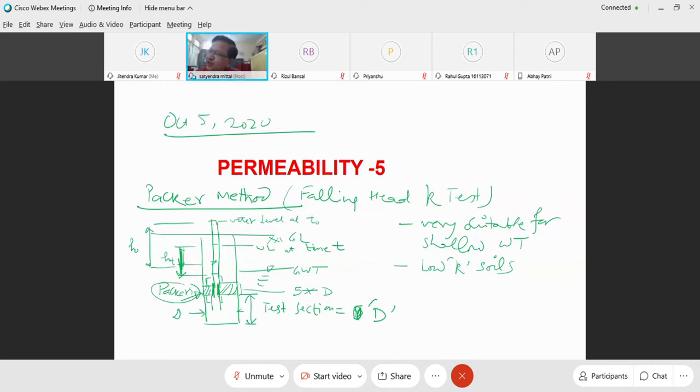So after doing this setup, what you do is start pouring water from here. When this tube is full, because the water table is already here, water will come up also. So up to here, it is all groundwater that will be filled up. Above this, you fill up the tube and then you cover it. You can cover it with your thumb also.